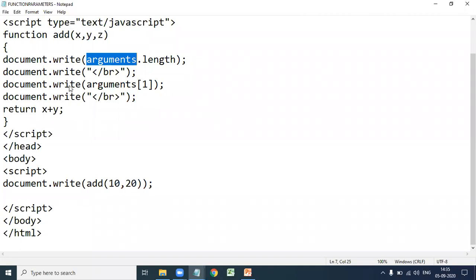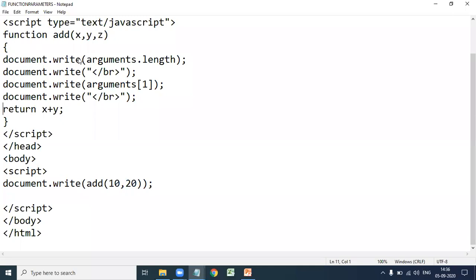Next, document dot write of arguments of 1. It returns the second actual parameter, because indexing starts from 0. The 0th element is 10, the first element is 20. So arguments of 1 means the second actual parameter, that is 20. Next, return x plus y, that is 10 plus 20, 30.